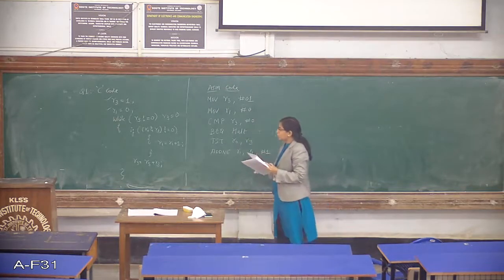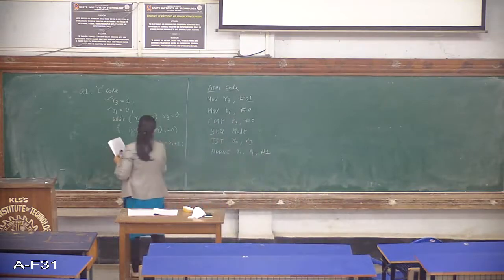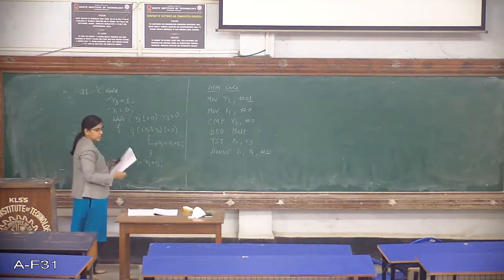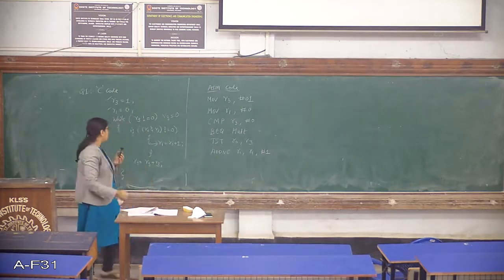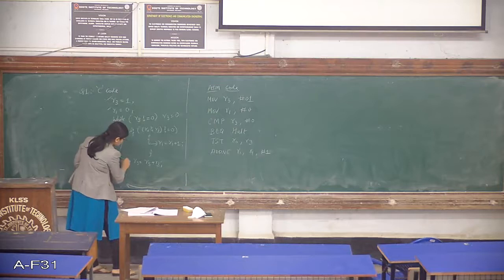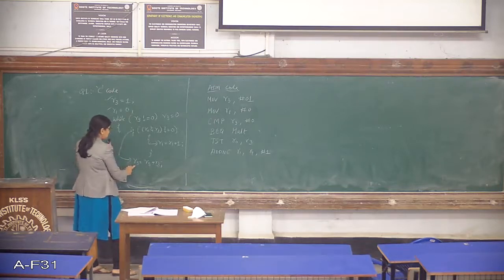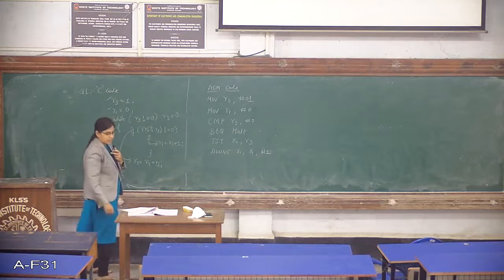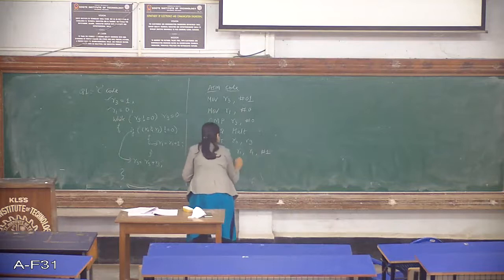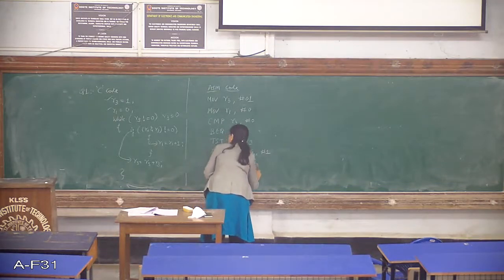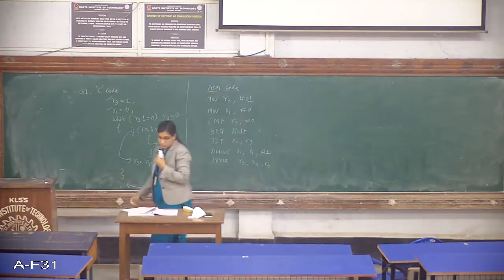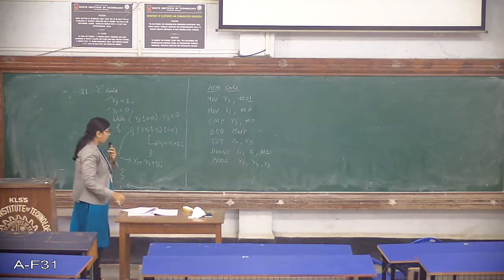Okay, so if it was not equal, you're going to perform this instruction. Suppose it was equal, the if condition was false, so it will come out of the if. Once it comes out of the if, what is the next instruction it will be executing? That is nothing but R3 equals R3 plus R3. So I'll be just saying ADDS R3, R3, R3. Okay, so this is what I'll be doing for the add instruction here.